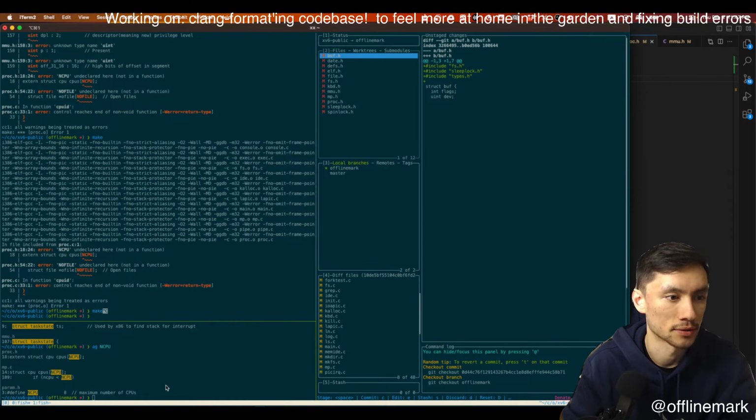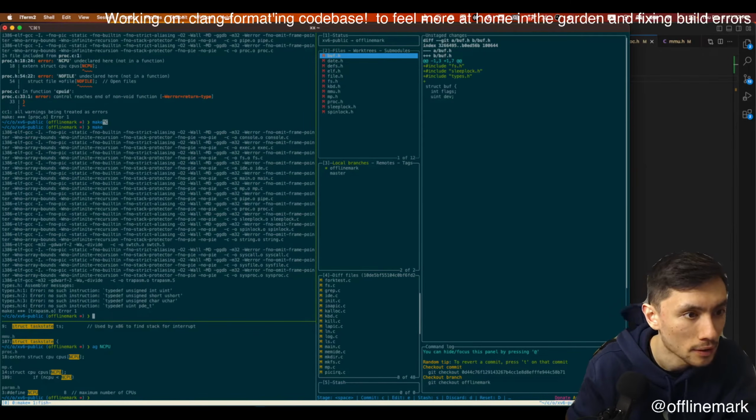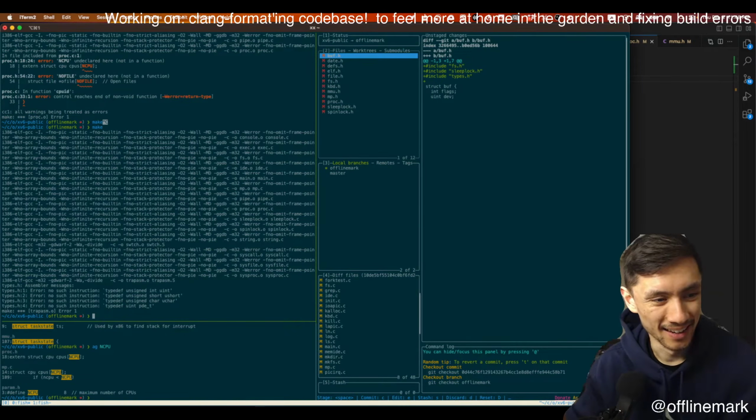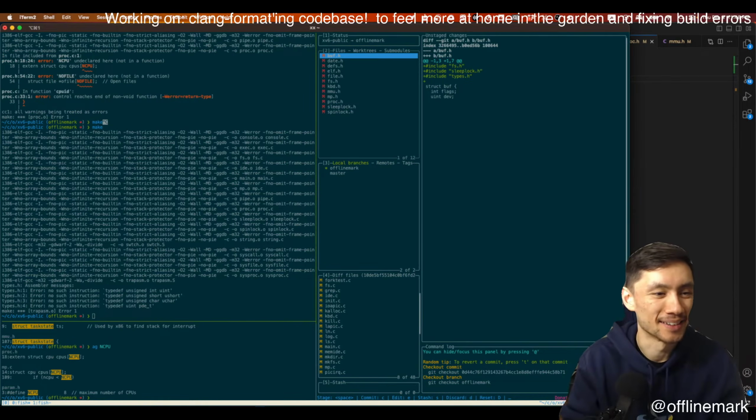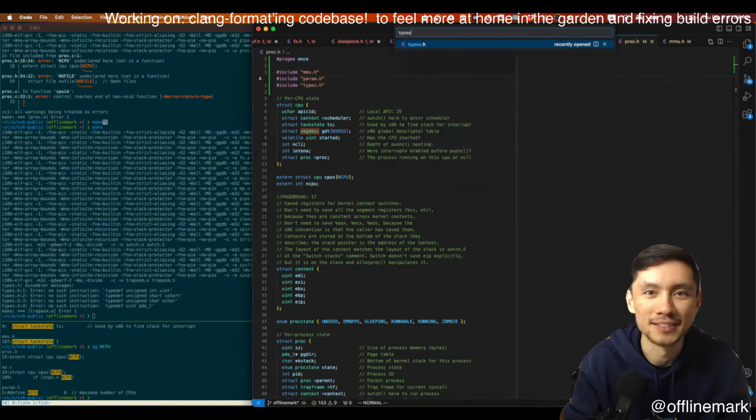So the error is in proc.c. I've been kind of not following super well. Holy crap. No such instruction. Okay, yeah, I don't know. I'm kind of scared. I don't actually know what this issue is.